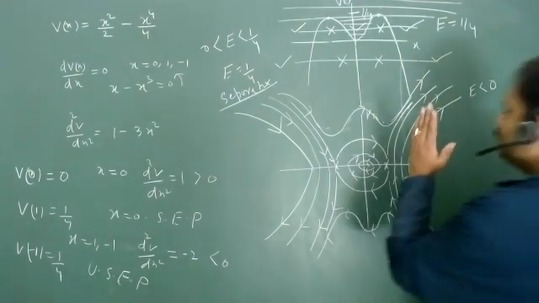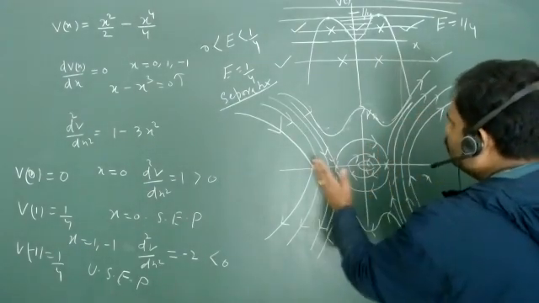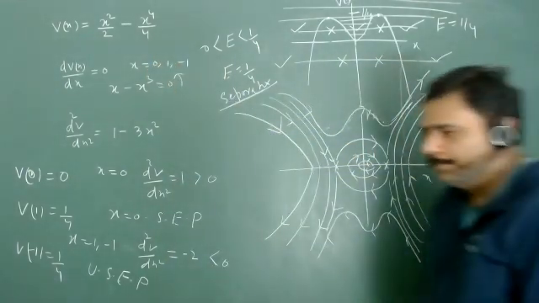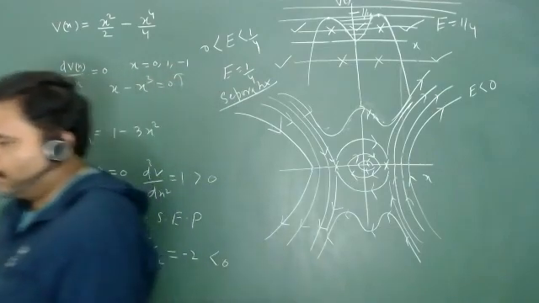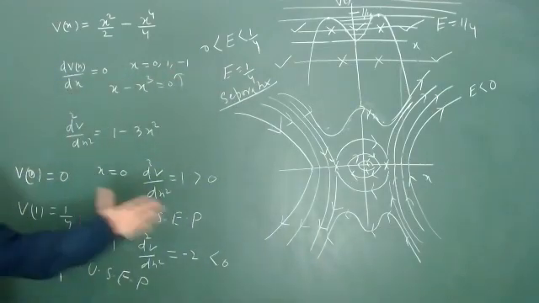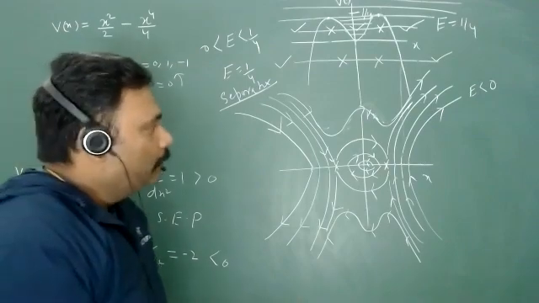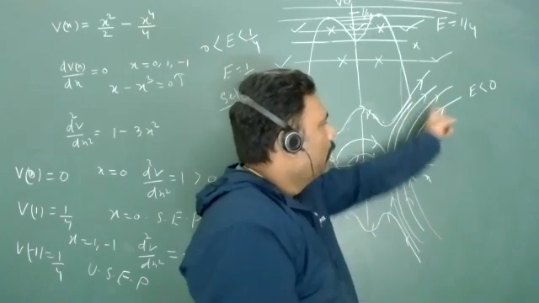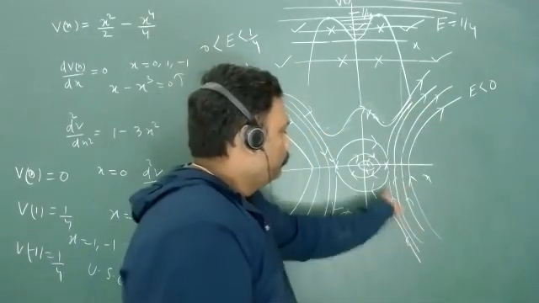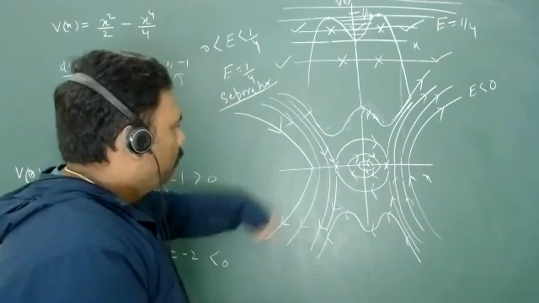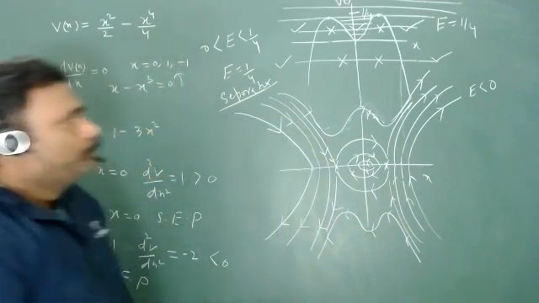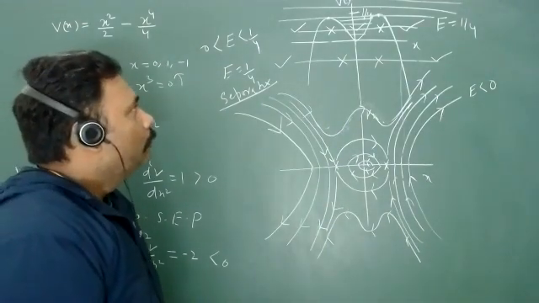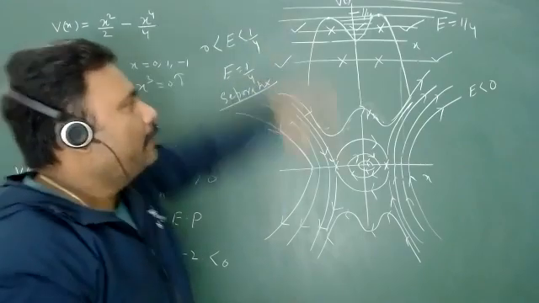And look, this is symmetric about x equal to 0. Why? Because your potential is symmetric. Isn't it? Yes, sir. So you can plot this potential, and you should give the arrows in a very careful manner. Look, in every quadrant, for every value of energy, I have exactly the same arrow, isn't it? You can see the same arrow. So this is all about sign convention, and it's a very wonderful phase curve. So what will happen when your energy is very high?